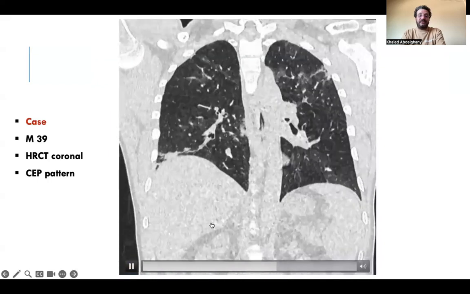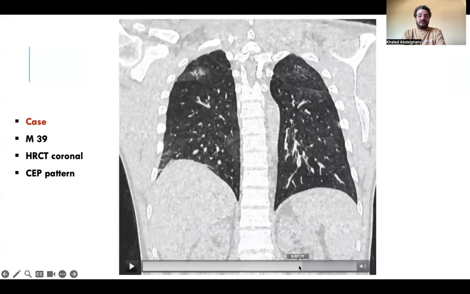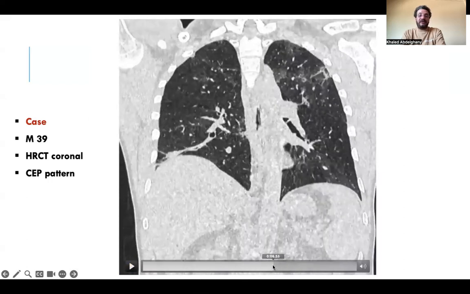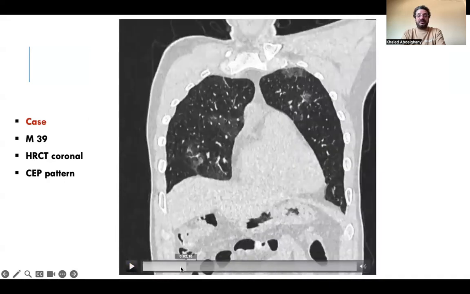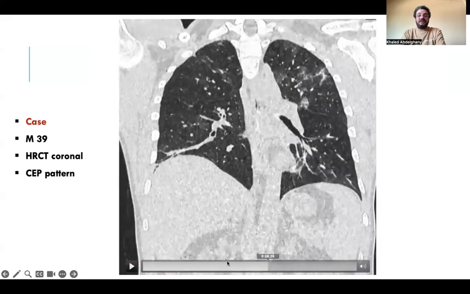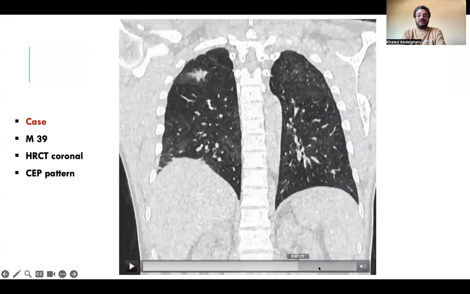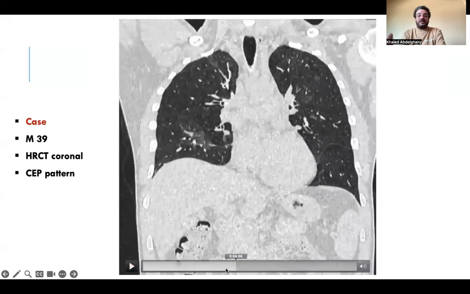Here we can see the band parallel to the diaphragmatic pleura, and the upper lobar predominance of the findings is nicely shown here,